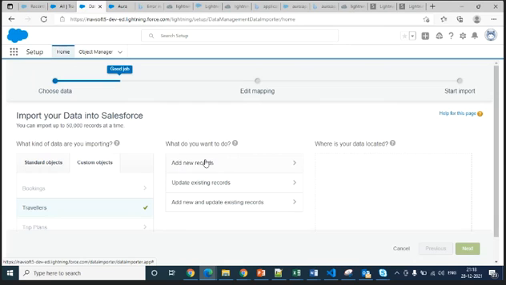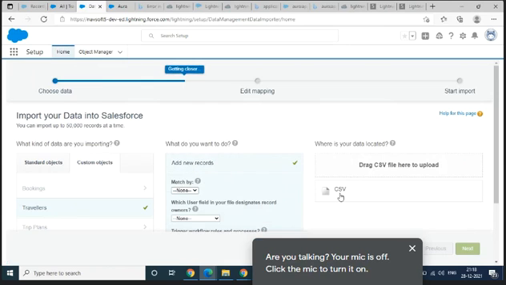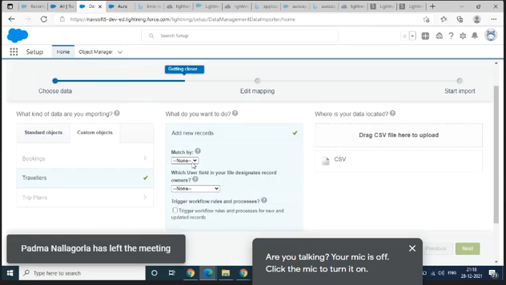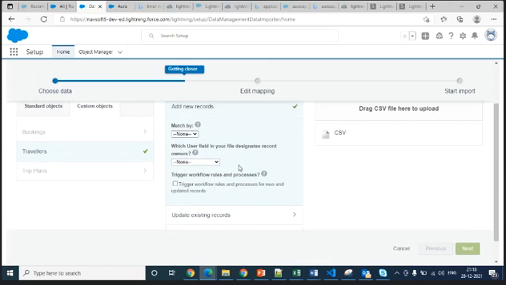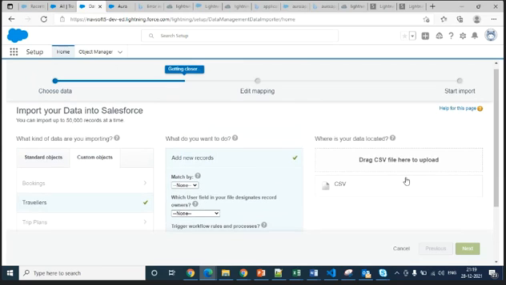What you are trying to do here is insert new data, so you just select this. It doesn't matter whether you select it or not, that is up to you; even without selecting you can still do it. So here, matched by, either you want to match by the name or something, you can do. These things are not actually mandatory, but if you want to, you can. Then whether trigger rules are processed or not, if you want to maintain it, you can still check that, but you can just ignore it.